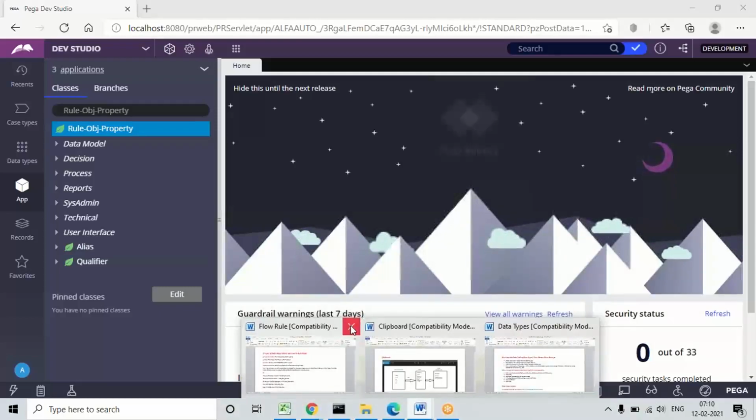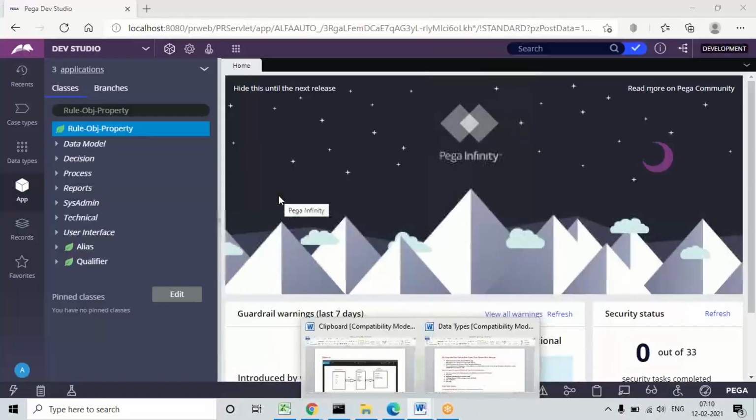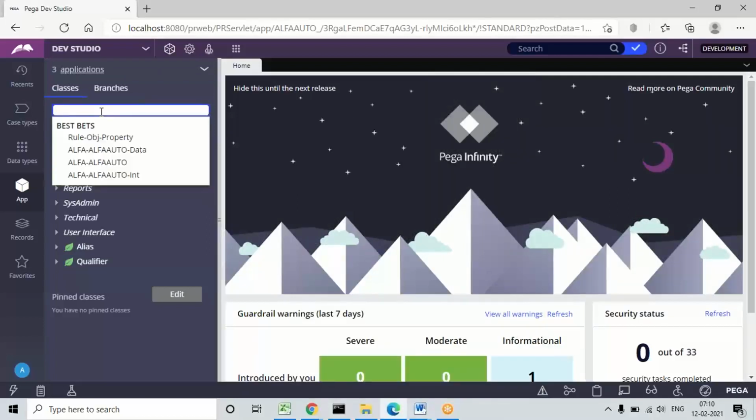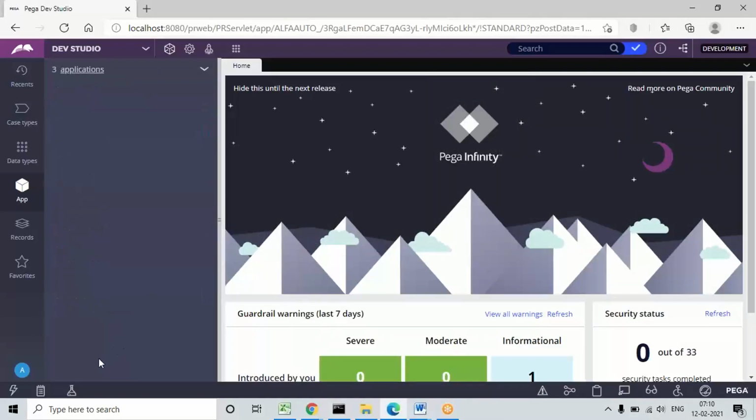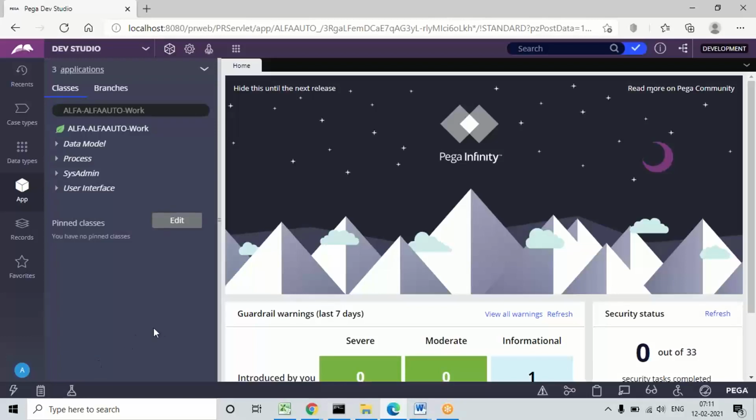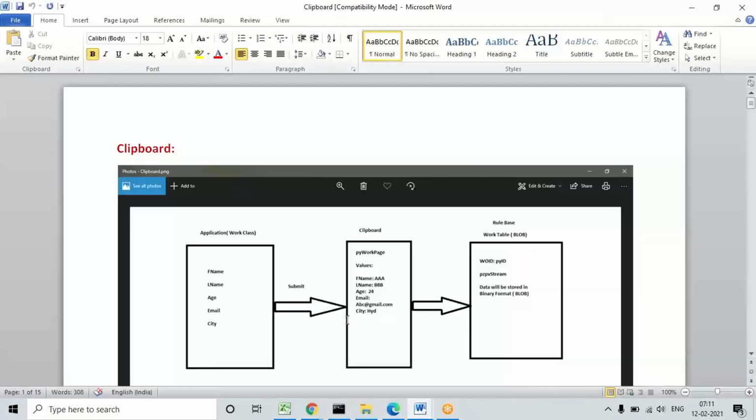Now, the next thing we are going to understand is how to debug data in the developer environment. In a real-time project, you may or may not get access to the rule base. Every developer may not get access to the rule base configuration, but in the developer environment, whenever we execute any flow, we debug in the platform itself, in PRPC or the developer studio. For that we have a tool called the clipboard.